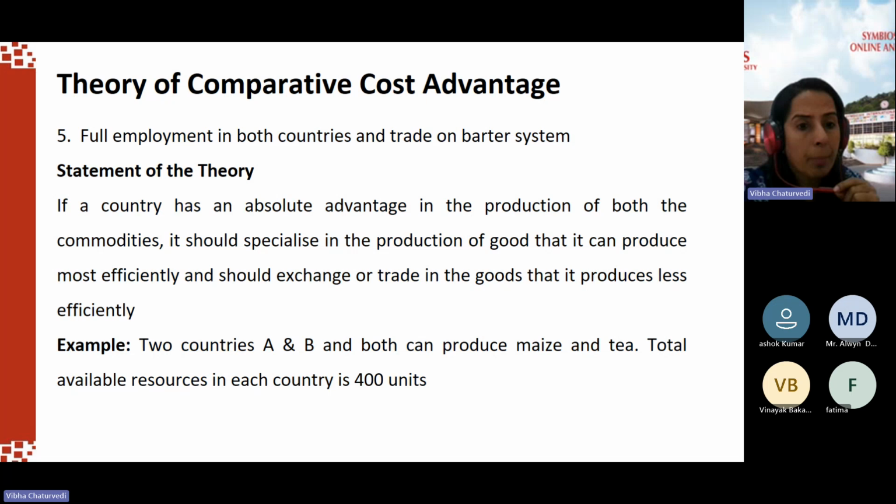Now, so two countries, A and B, both can produce maize and tea. Total available resources for both the countries are 400 units. And as we have presumed that the labor is freely mobile, perfectly mobile only within each specific country, we do assume that with the given resources, we will discover that both countries have a greater efficiency in the production of only one commodity,